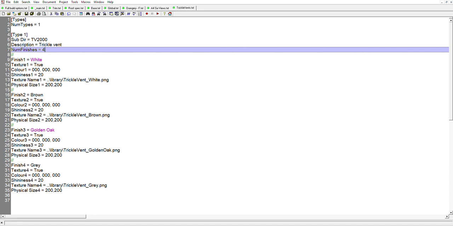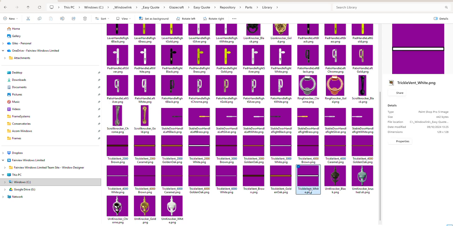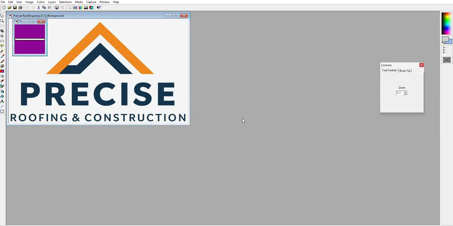Let me look back. It's just tricklevent underscore, let's say white. Tricklevent underscore white. So why isn't it showing? It's got to be there somewhere. Tricklevent underscore, there you go. Tricklevent underscore white. So if I were to double click on that, use my Paint Shop Pro, don't worry about that logo,